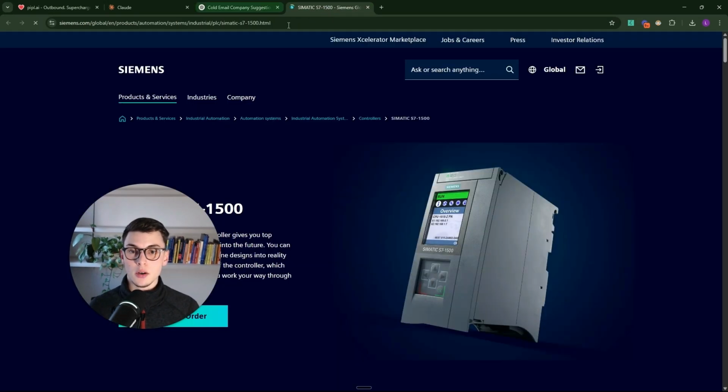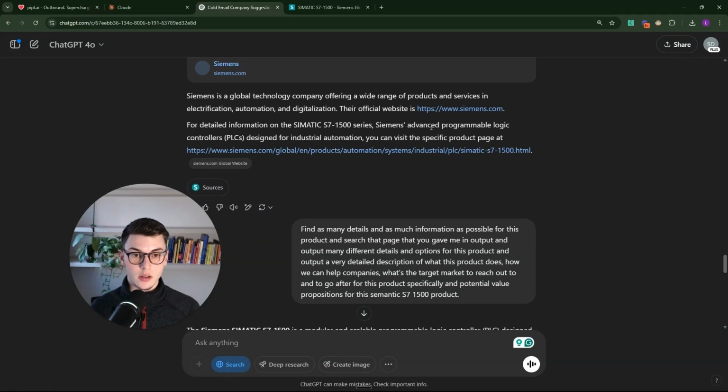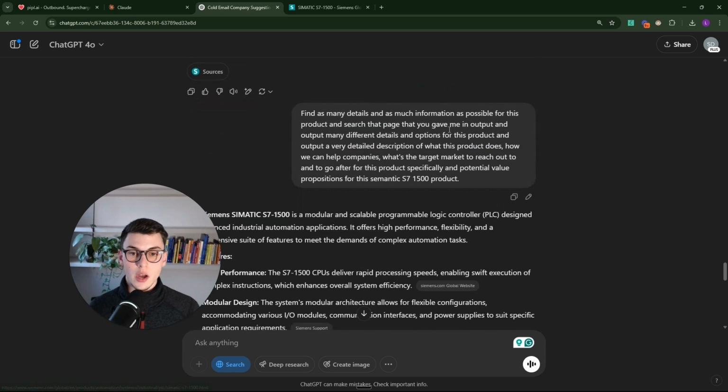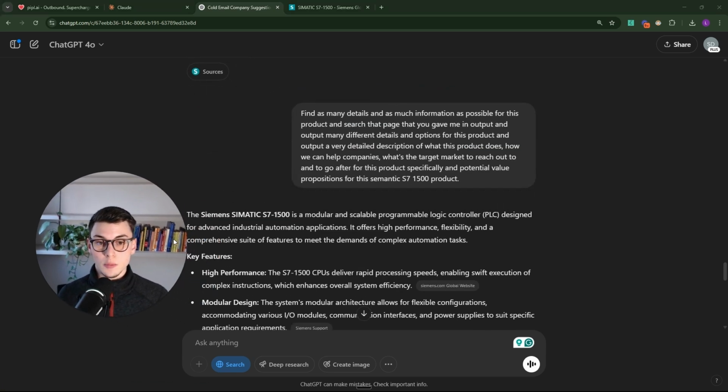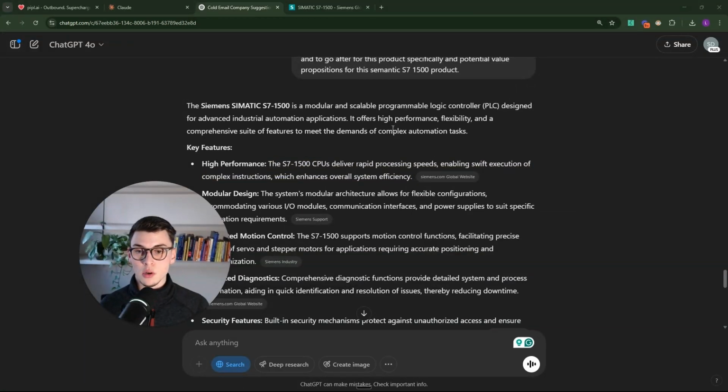And this is apparently a controller. I have no idea what it is. So, this is just to show you you can use the same process for literally anything. This is an advanced programmable logic controller, PLC, designed for industrial automation. Cool. So I asked it to output as much information as possible, as many details in depth as possible about